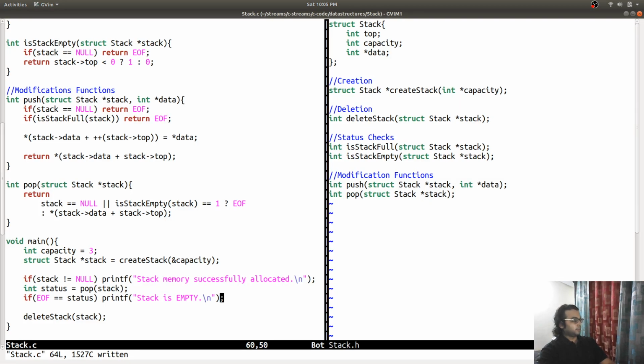Okay, it is working. It is working correctly.